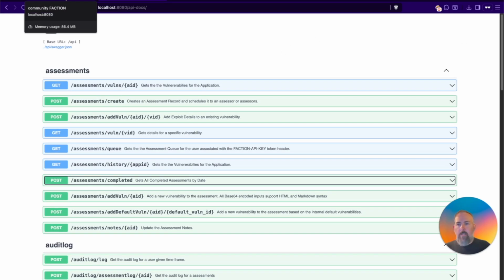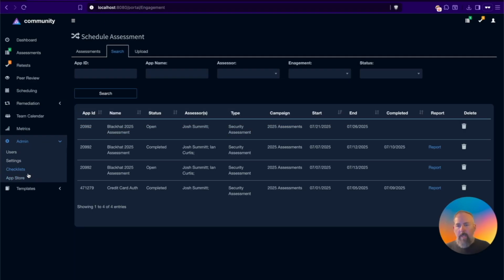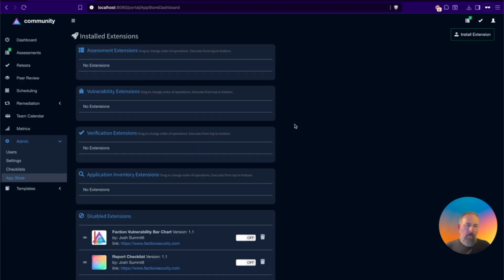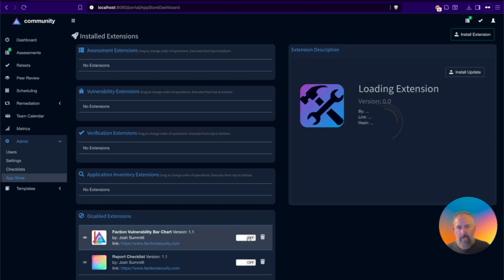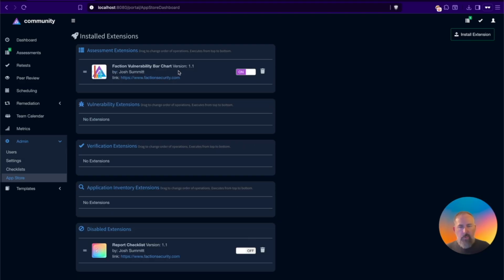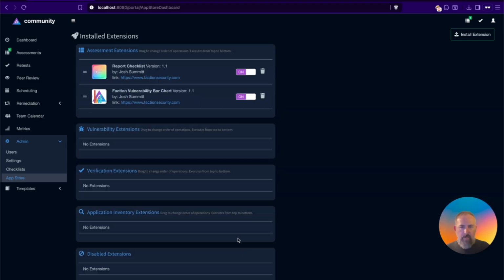And the next part is more event-driven. Faction has an app store. On our GitHub repo, we have 3 different extensions so far at this point of this video that you can look at the source code and figure out how to extend Faction in different ways. I've already got 2 of these installed here. So I have a vulnerability chart plugin and I have a checklist plugin. What these do,